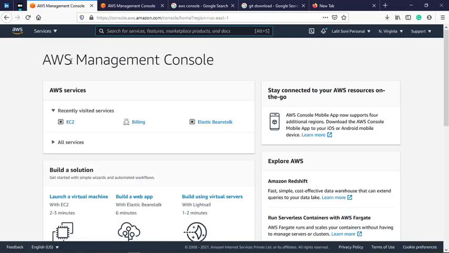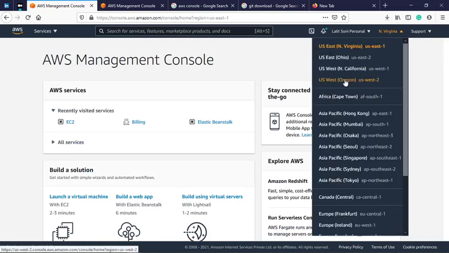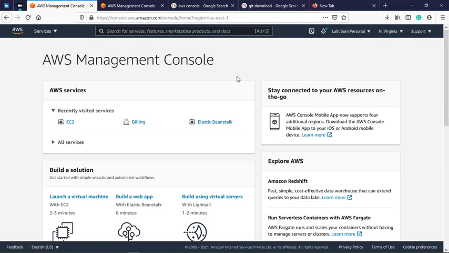After signing in, you will see this kind of console where all the services are. You can see your name there, and the regions in which you want to create your specific resources, which you can select according to your requirement. We will select N Virginia, which is the default over here. So you can see this console.